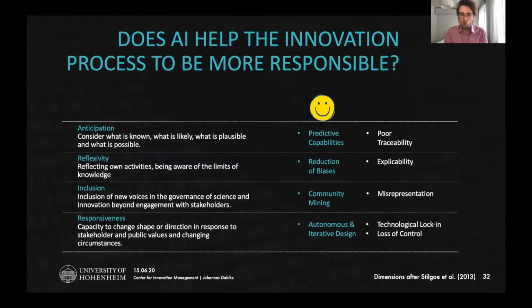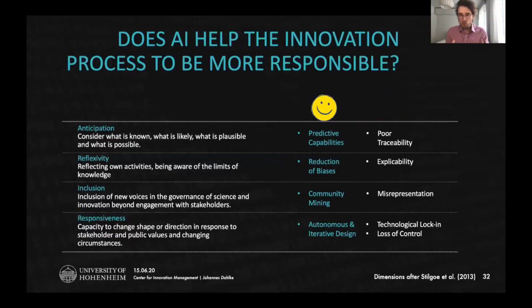On the other hand, we may have a problem that is the loss of control, right? If we heavily rely on an AI system to identify these changing circumstances in society and react to them, we can never be sure whether the AI system actually adequately addresses these changing environments and how it does it. And we cannot manually adjust to these changes because we don't really know how a neural network that is in the center of this innovation process works and how it weighs the input factors. So we might lose the capacity to be responsive to changing circumstances.